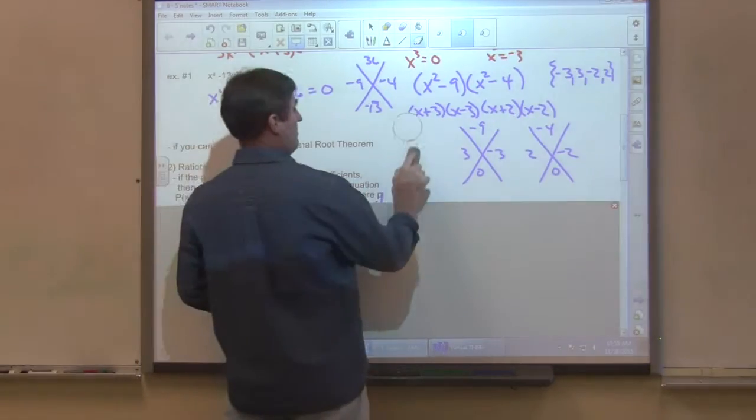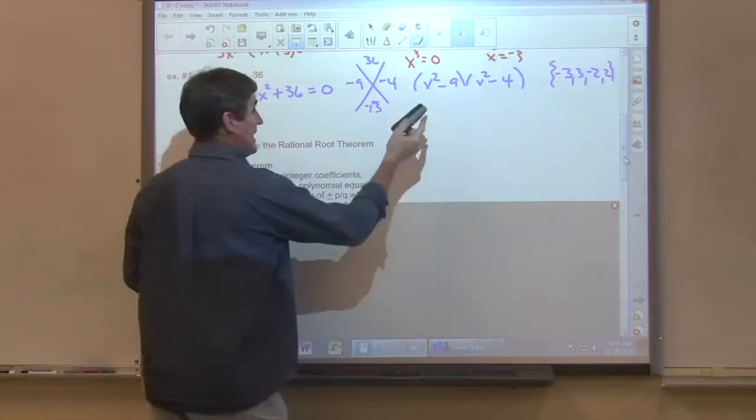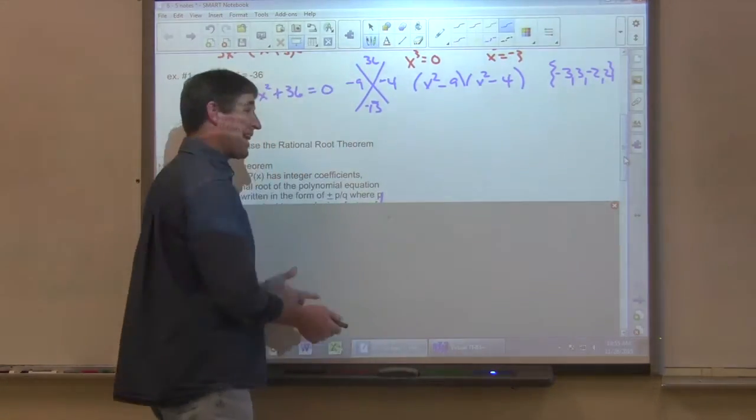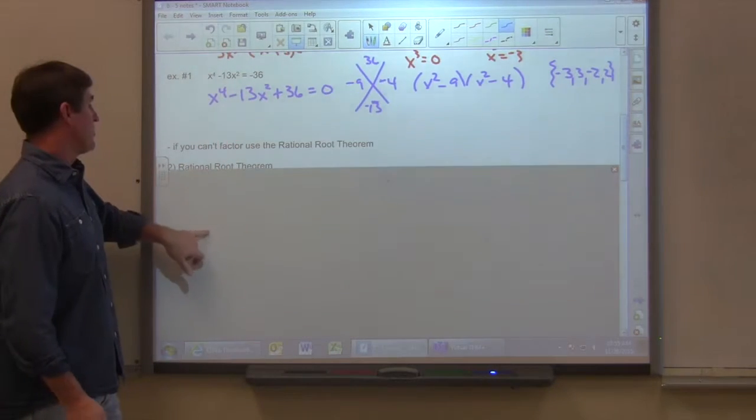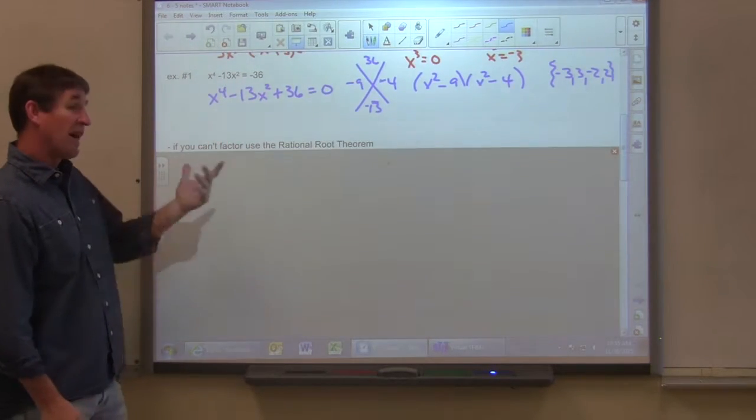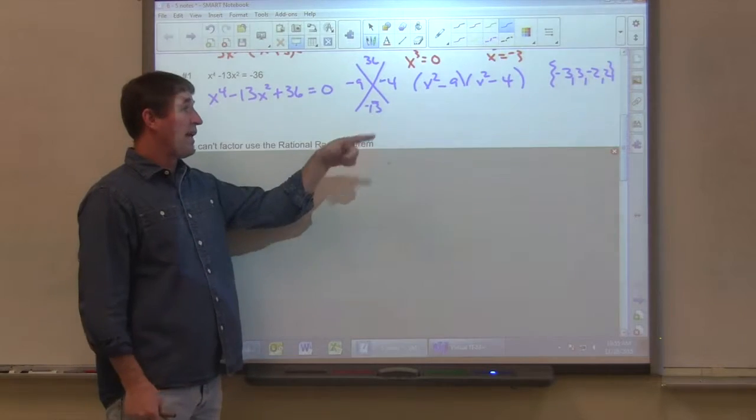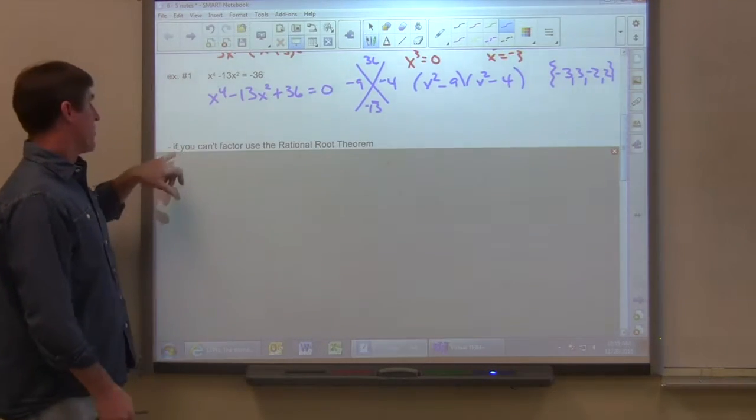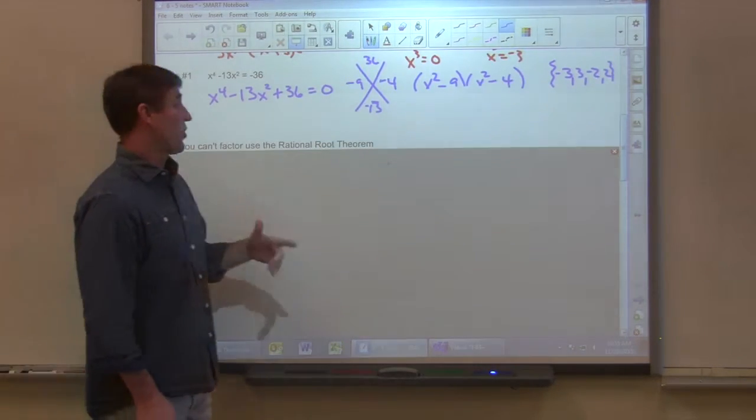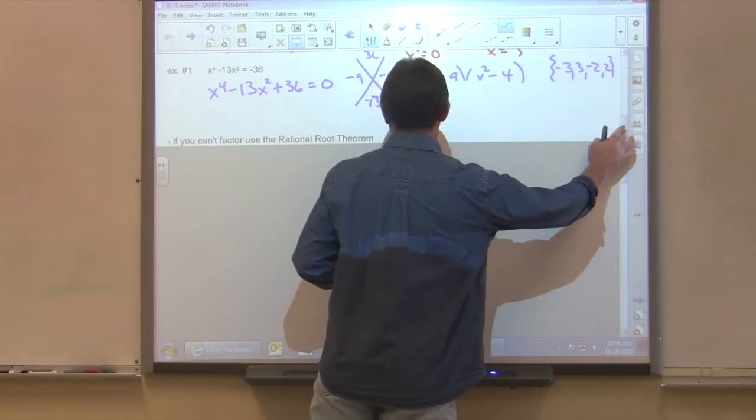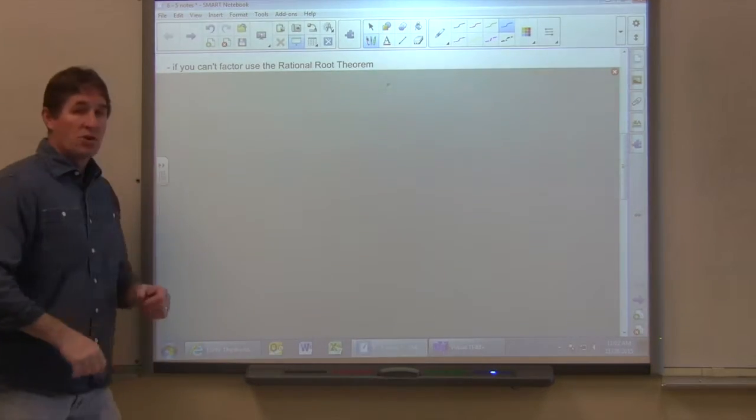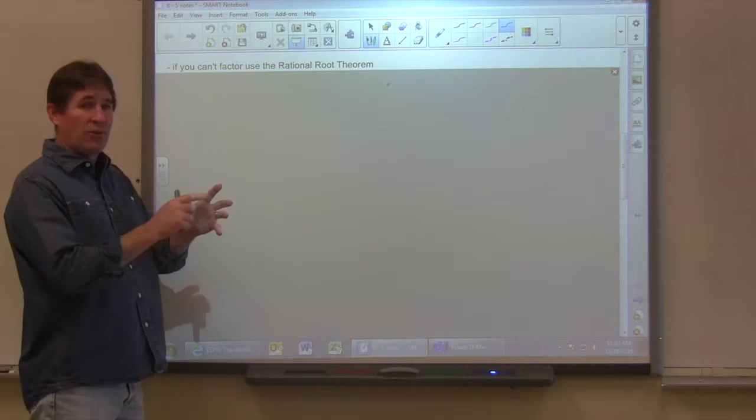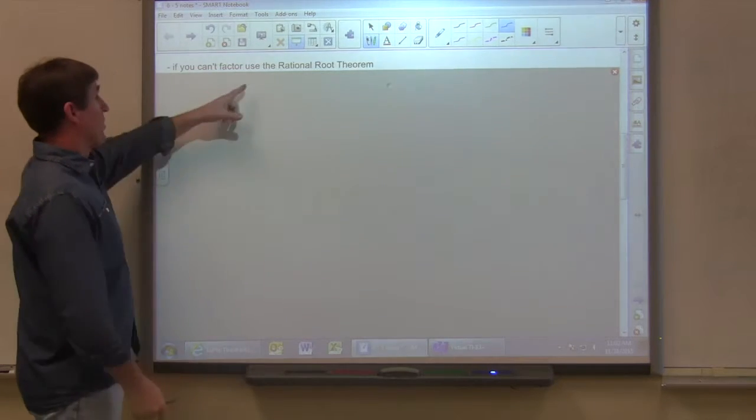So, that's if we can factor. A lot of the ones you're not going to be able to factor. Or you can factor it part way and not all the way to get all the zeros. So if you can't factor, you're going to use what's called the rational root theorem. So if you can't factor, or if factoring doesn't give you all the solutions, we're going to use the rational